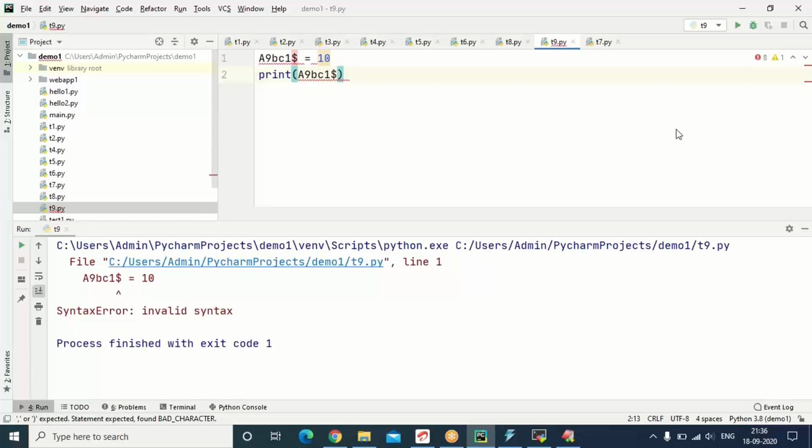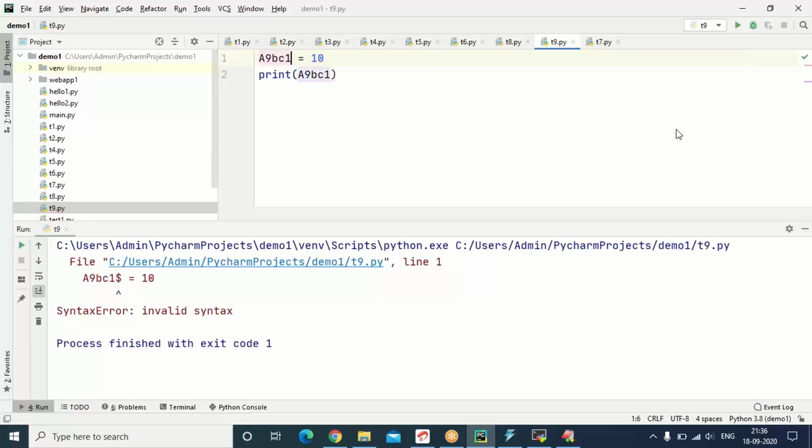But in case of Python, only underscore is allowed. Dollar is not allowed.